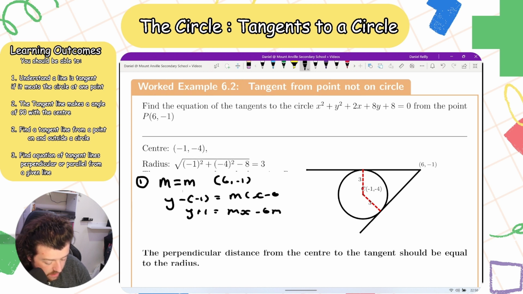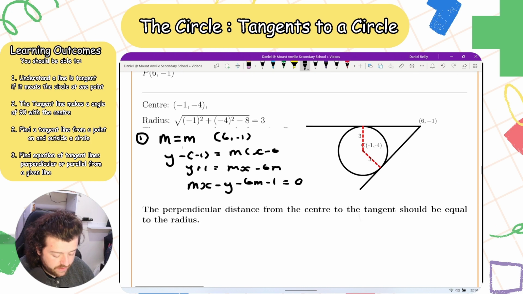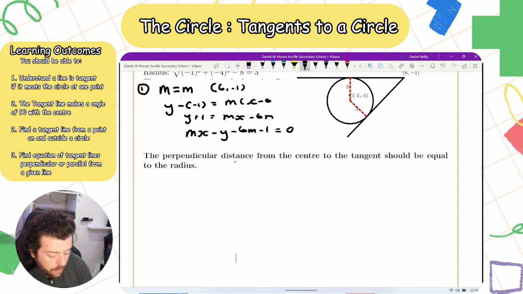Bring everything over to one side: mx minus y minus 6m minus 1 equals 0. So that is my general equation of the tangent lines in terms of m. What I also know is the perpendicular distance from the center to the tangent should be equal to the radius. So the distance from my center point to these lines has to be equal to my radius, so I'm going to be using my